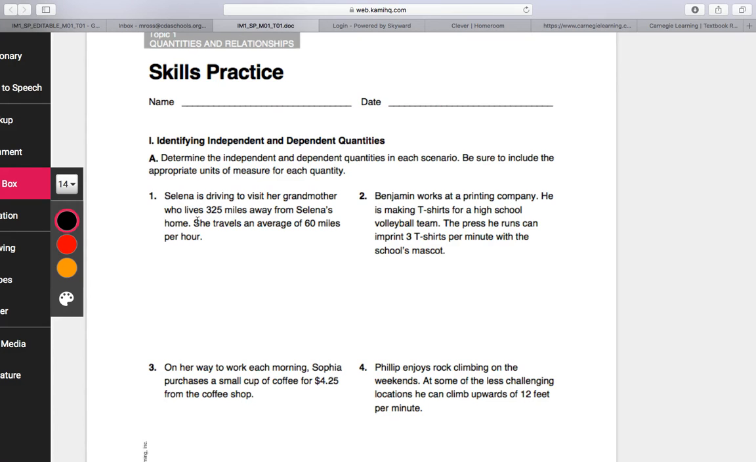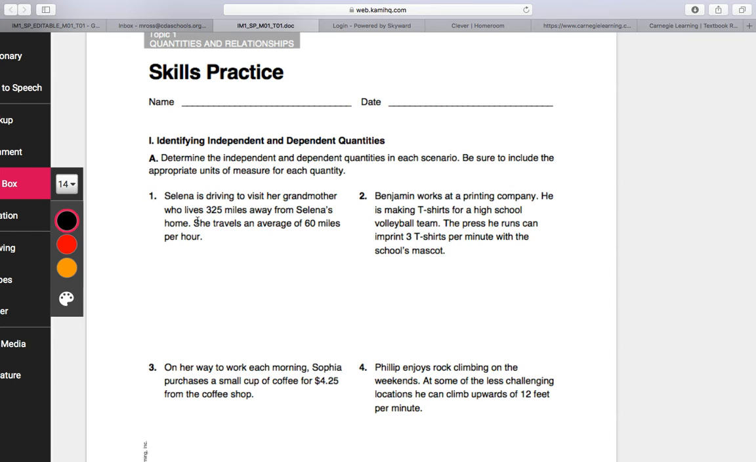This was what we first worked out at the beginning of the year. So if you're kind of forgetting this, just look at your notes and pay attention to the definition of independent. So number 1 says, Selena is driving to visit her grandmother who lives 325 miles away from Selena's home. She travels on an average of 60 miles per hour. So if we're looking at independent variables, our independent quantity, something that is not impacted by anything whatsoever, would be